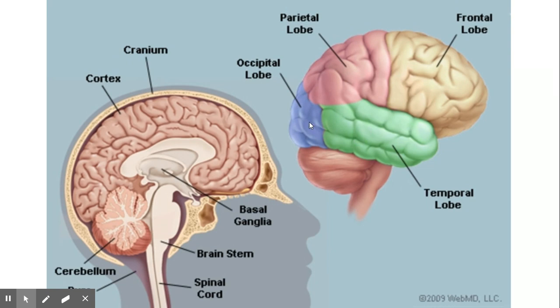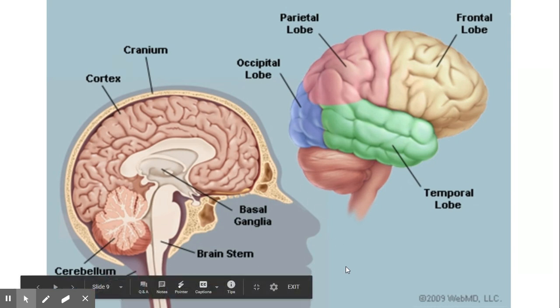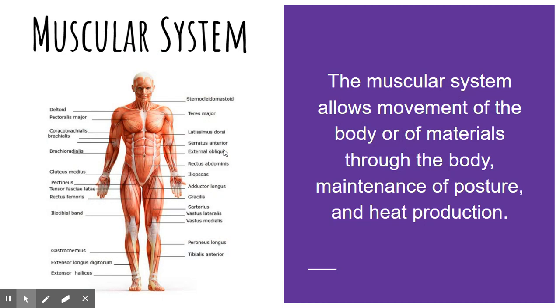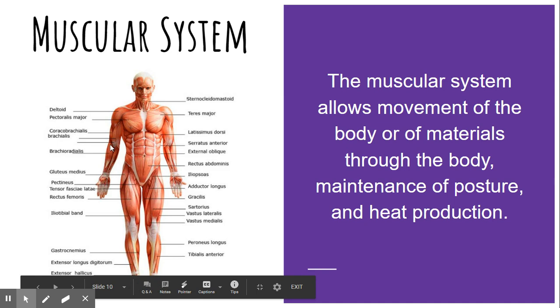But each part of the brain has different things that it's responsible for. So it's really, really cool to think about. And this is actually what it looks like. It's just a bunch of squiggles, but each part of those cells that are inside of there do such special things. Muscular system, obviously, again, I wanted to show you, whoa, there's so many different muscles, very fancy words,